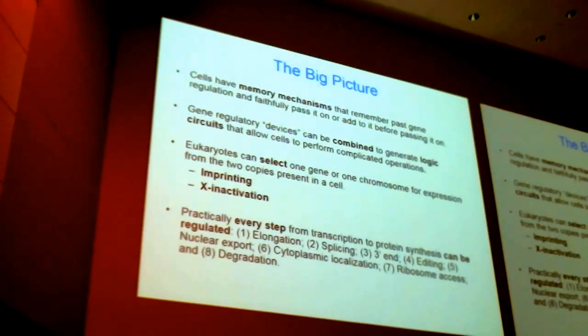And within the cytoplasm, it can be regulated where it's localized. Maybe it's localized at a place where you can have high rates of translation, or it's localized at a place where you don't. So we'll talk about that as well. And the access of the ribosome on the RNA, how easily does the ribosome get on the RNA and make the protein? And finally, how quickly is the RNA degraded? So just because you make a lot of RNA does not mean you will get a lot of protein. I hope Dr. Frau mentioned that everything that you see at the RNA level doesn't need to match up exactly at the protein level,